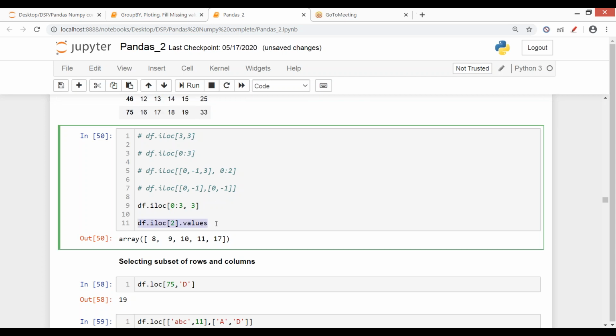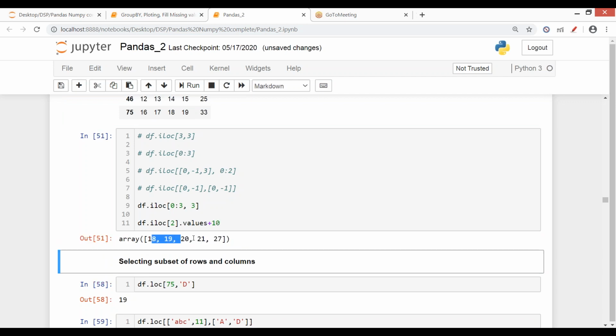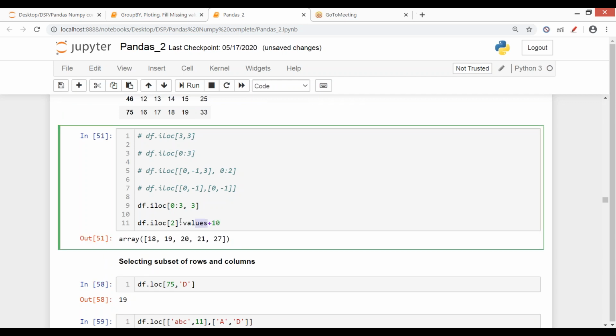Okay, now this is my array. If I just want to perform an operation here, you see I'm able to perform an operation because the result of dot values is an array. So you can perform operations, and if you want to do multiple things which are applicable on an array, they can be done. So dot values can be used.